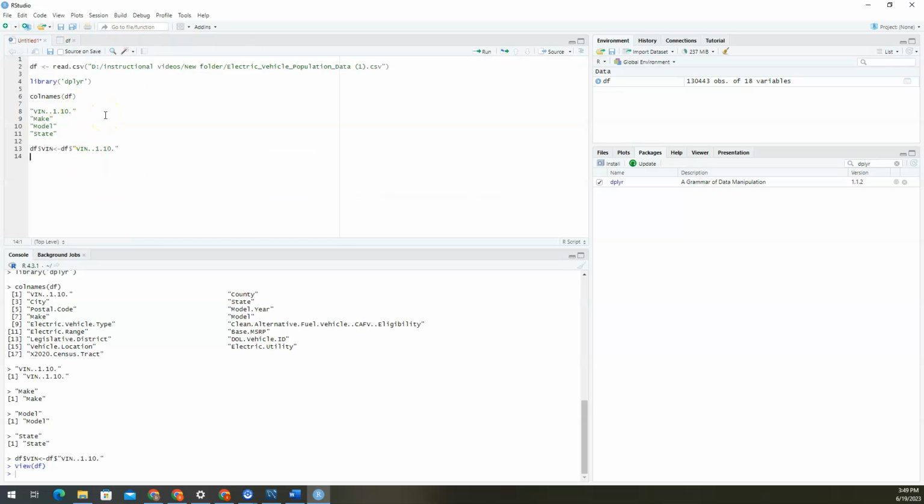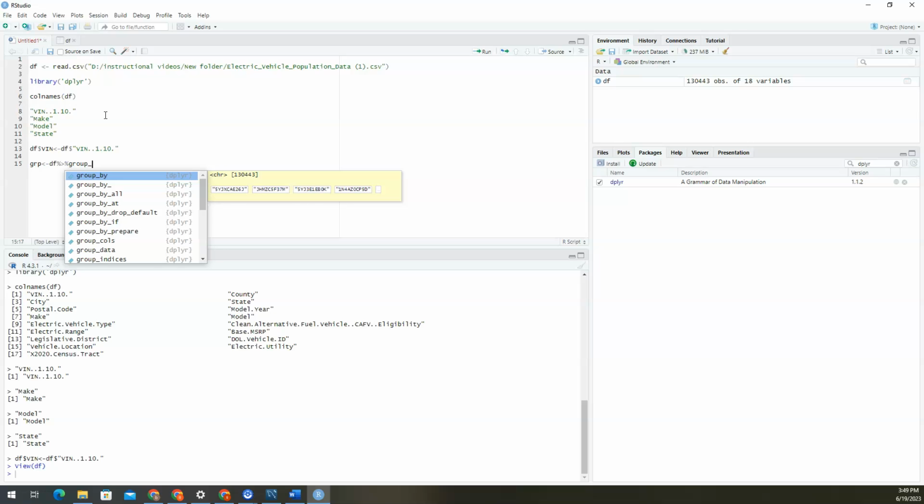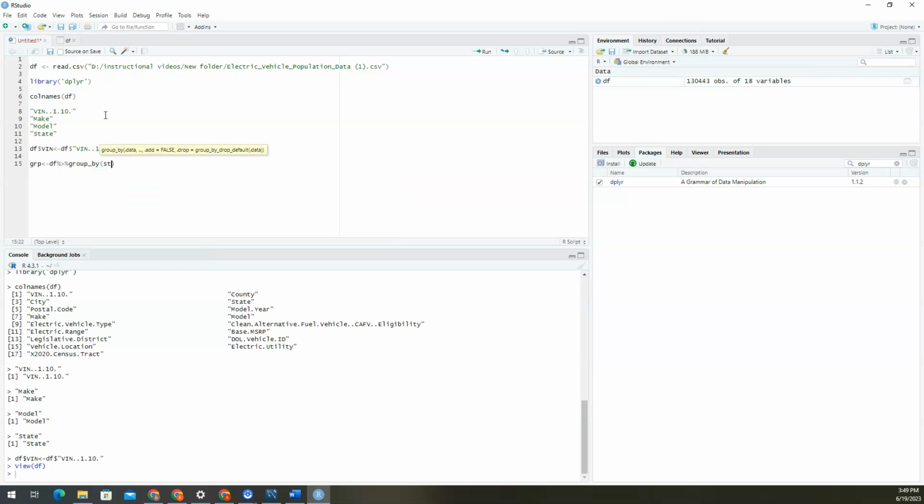And then let's jump into counting the number of rows by state. The function that we're going to use, and I'm going to leave this in the description, is this: I'm going to create an object called group, and I'm going to save all the outputs from this function into it. What I'm asking the code to do is, in this data frame, group by state, and then summarize the following information: count the number of VIN numbers